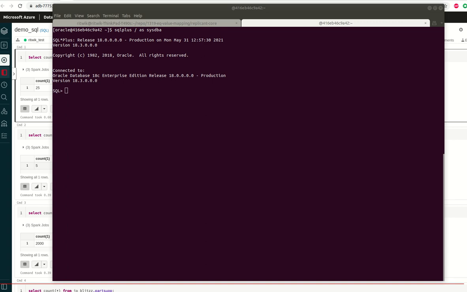Hi everybody, today we will show you how our data replication tool Replicant replicates data from source Oracle to destination Azure Databricks, using Azure ADLS as staging storage. We will show three things: snapshot, CDC replication, and then recoveries.